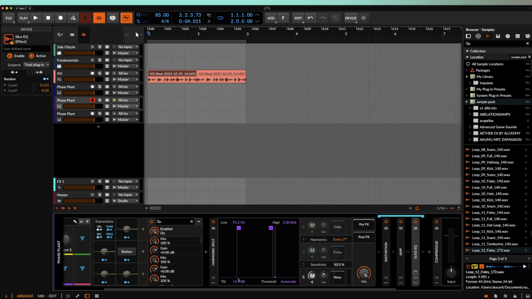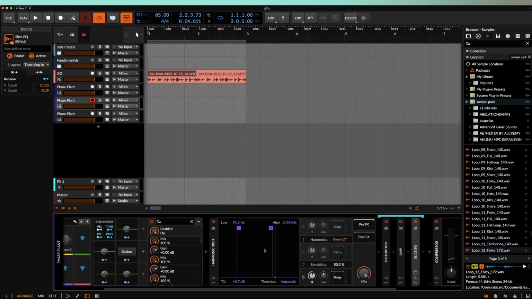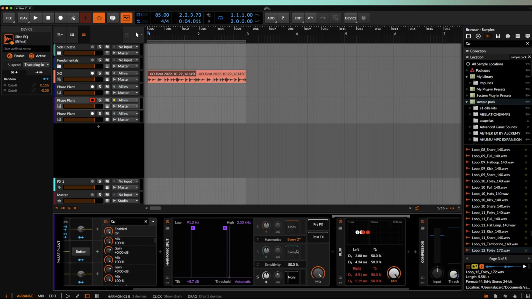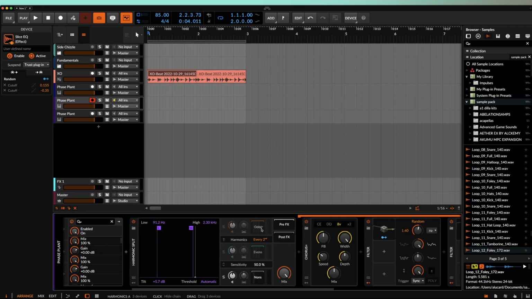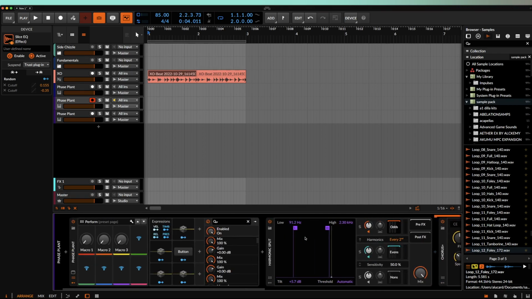So within that, again, you have the same idea about your tilts. You have a threshold here where you can set it to automatic, or you can set it specifically here. Anything that's below this is not going to be affected. Usually I just set it on automatic, and then you can adjust this how you want to. But whenever you start messing with this stuff, you can get some really interesting results just from focusing on those harmonics in general. We don't have anything crazy on here, but